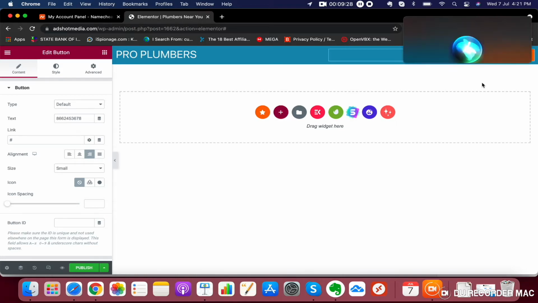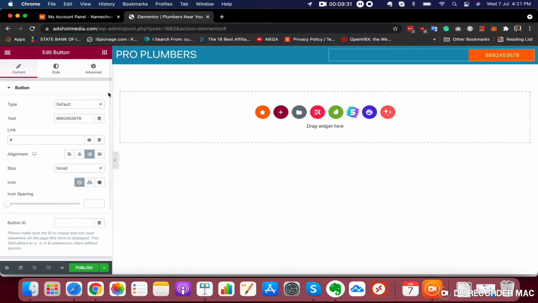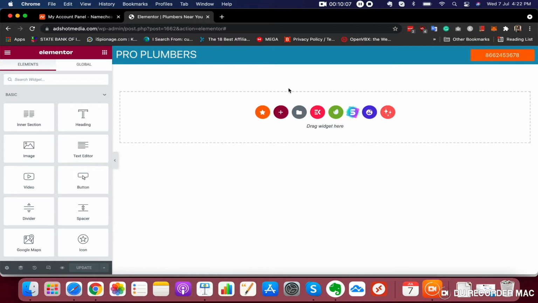Now, to make this a clickable number, when someone clicks it and it gets prompted, what we have to do is just in this link section type tel colon and just paste your number here, and then it will be converted into a click to call button, right? Hit publish. Okay, so our first section, the heading section, is ready now, right?